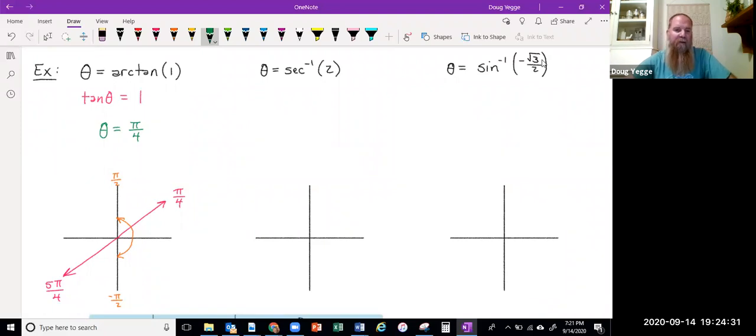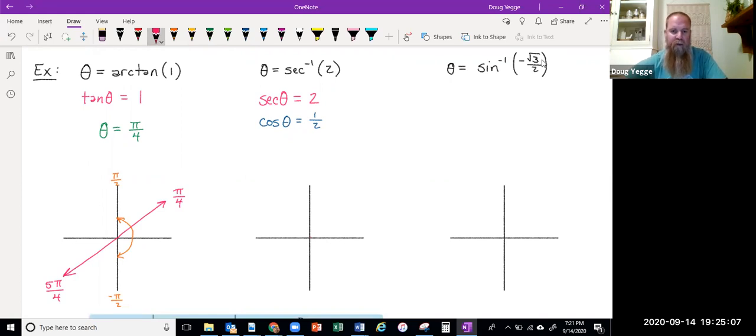If we take a look at the next one, notice that the notation is different. Here I use the symbol for secant inverse. Here I use the symbol arc tangent. They mean the same thing. And so in this case right here, we're just saying that secant of theta is equal to 2. Now maybe you've forgotten what that is, but we could also recognize that that implies that cosine of theta is the reciprocal. So either way you choose to do this is fine, but we should realize that cosine of theta equaling 1/2